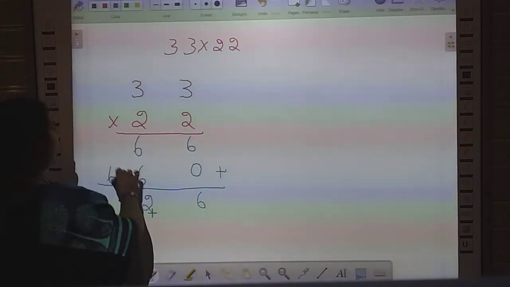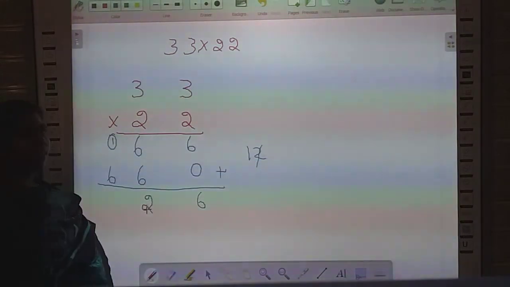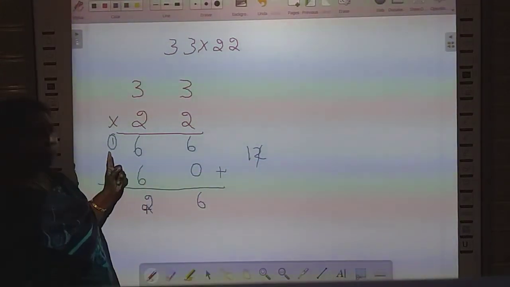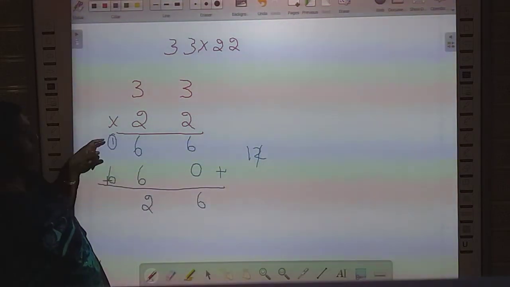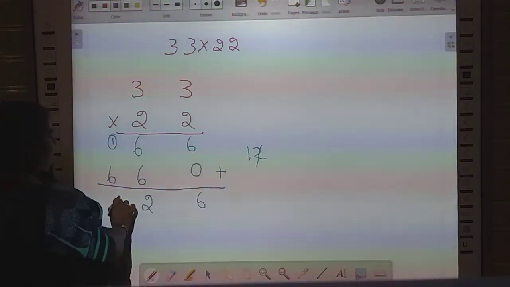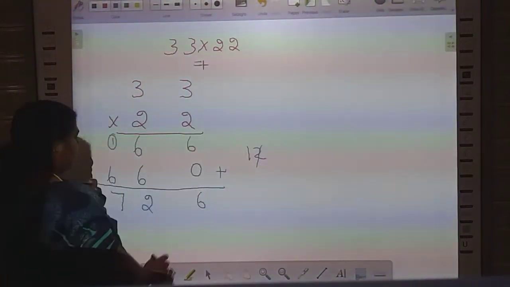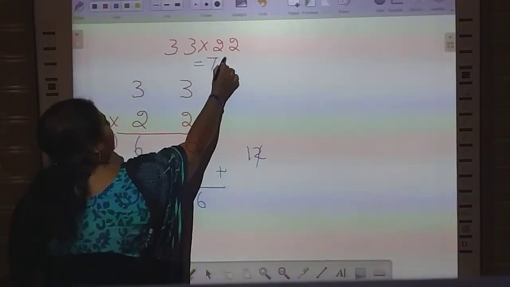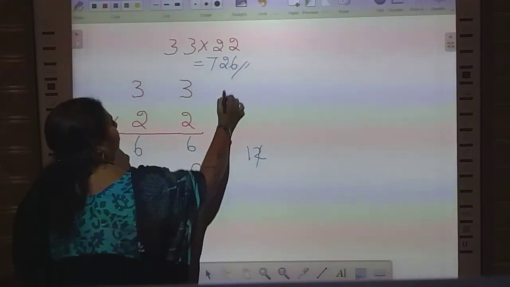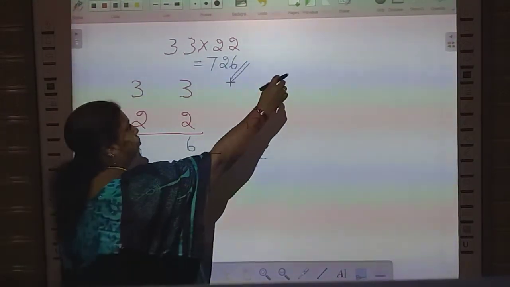12, right? 12, 1 carry. 12 means that 2 only we are going to write it here. Then that 1 is carry over. Then 6 plus, we have to add this value here. 6 plus 1, how much? 7. So the answer equal to 726. Understand? Yes, the last example.